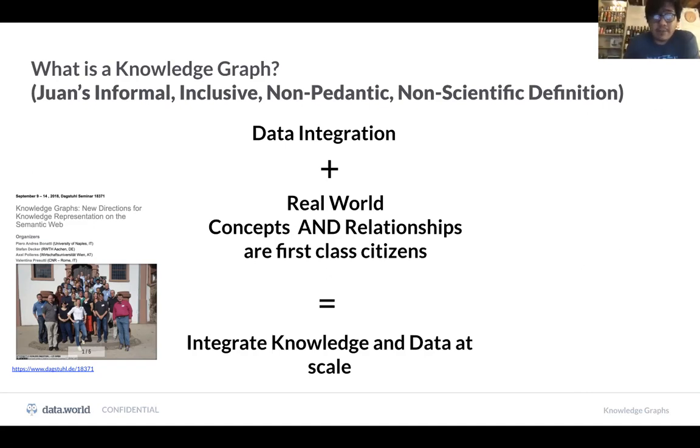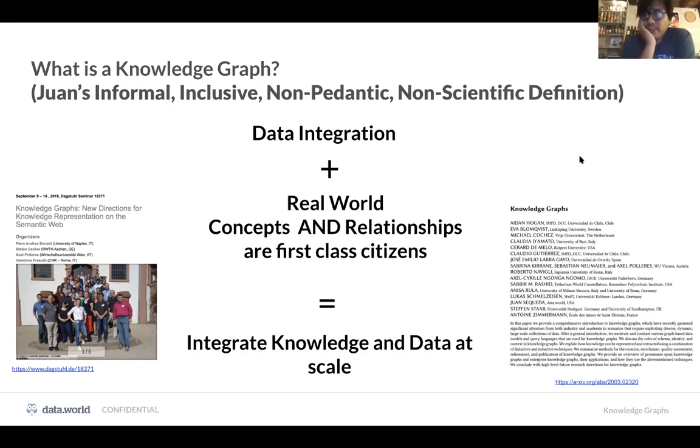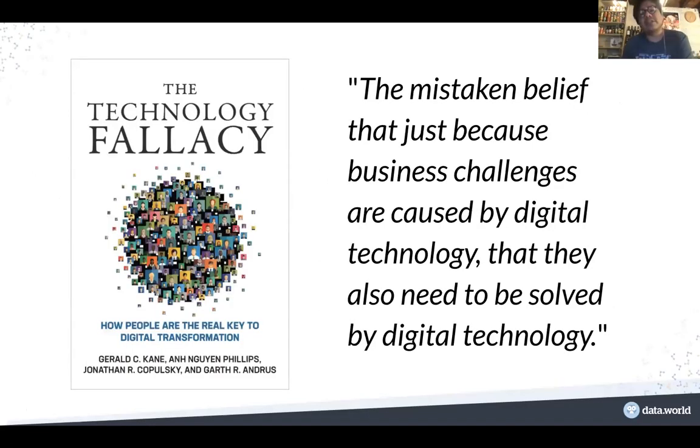So one of the things that came out of this seminar, we wrote this really nice tutorial paper on knowledge graphs. We have it on arXiv. It's in the process of being reviewed right now in the ACM Computing Surveys. This is like a 100-page tutorial on knowledge graphs. So if you want to dive deeper into this, I highly recommend you take a look at this.